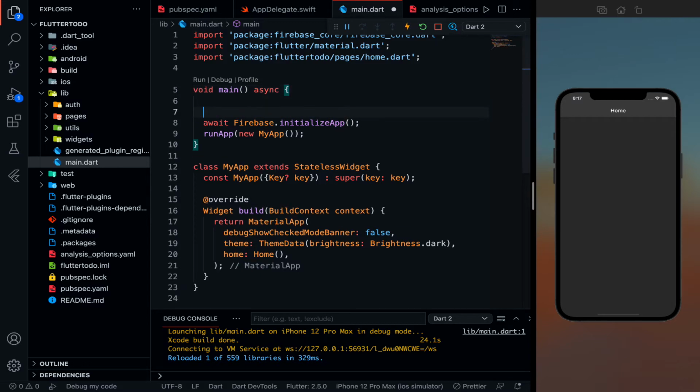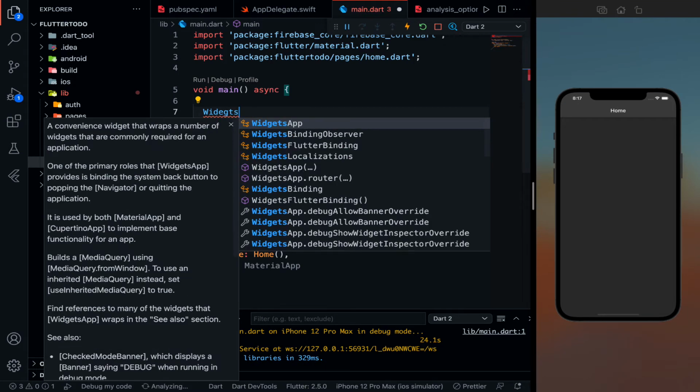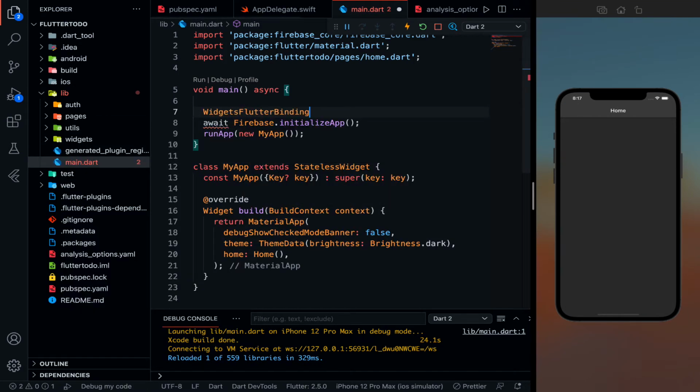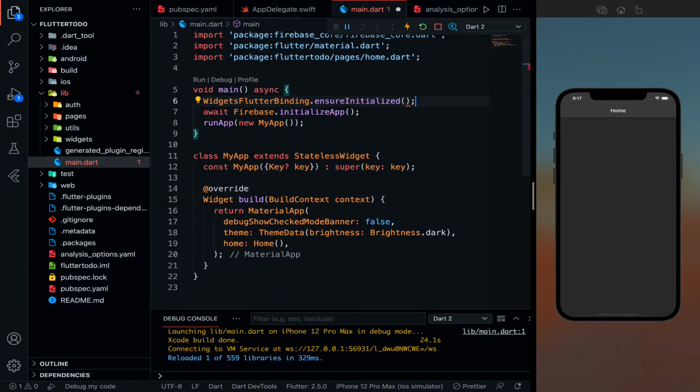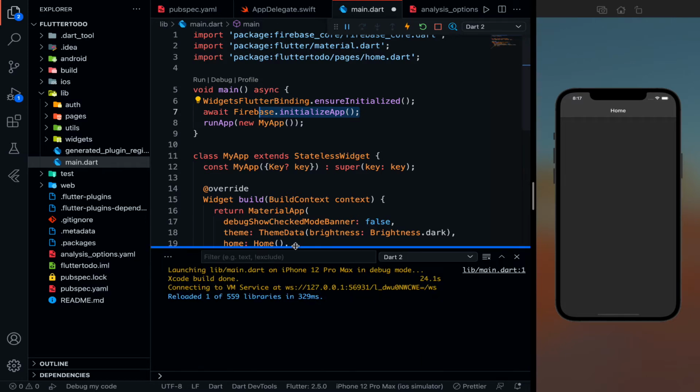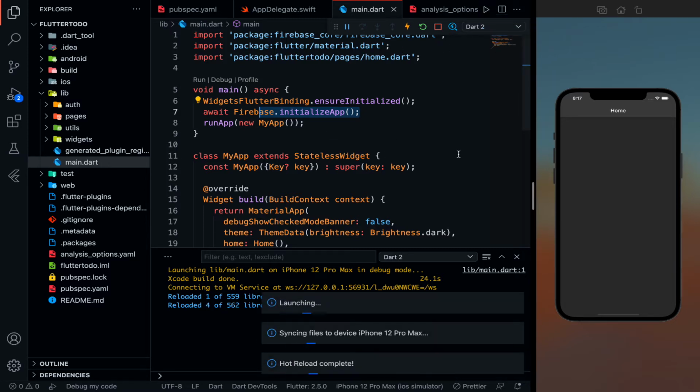And one more thing that you need to define to initialize all your widgets is WidgetsFlutterBinding.ensureInitialized. This is going to initialize all your widgets, and the other is going to initialize all your Firebase app. So now we have connected our Firebase successfully. For this to work with Firebase, I need to restart my application. If you are adding some widget change, you can use hot reload, you can just hit Ctrl+S. But if you are adding some functionality like Firebase, then you need to restart your app so that it is added successfully in my project structure.